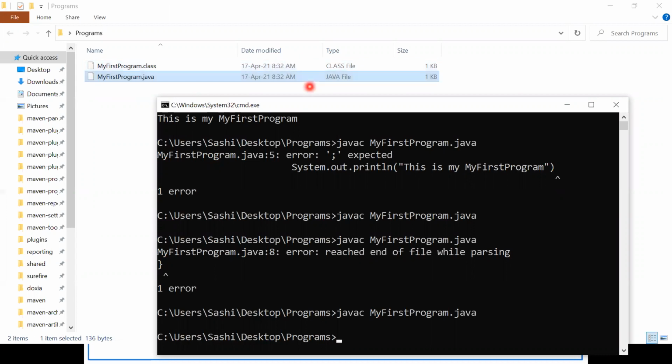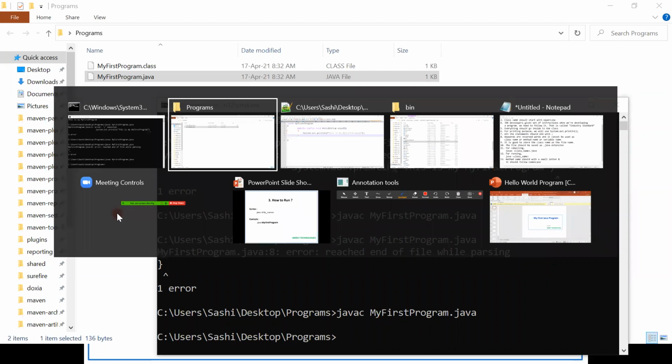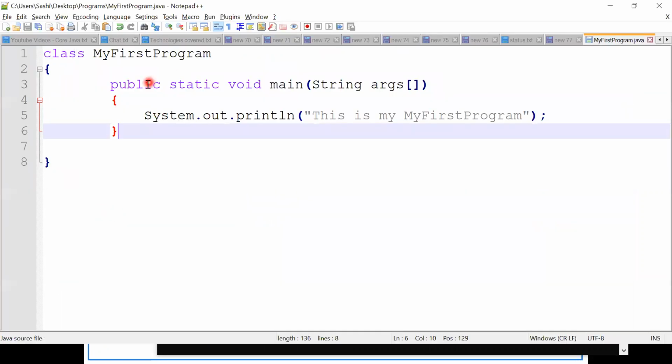Now, before going deeper in compilation, we will see these words one by one. What is meant by public, static, void, and main, and these arguments. So, again, I will go very high level only because public is a separate topic. For teaching, this comes under access modifier. For teaching this completely in depth, I need minimum 3 to 4 hours.